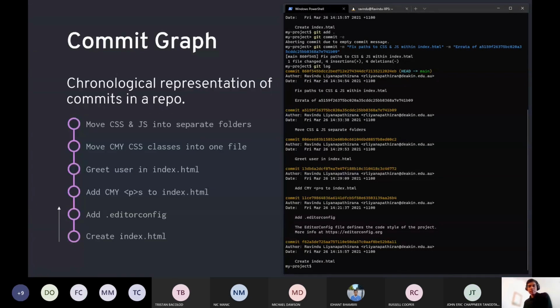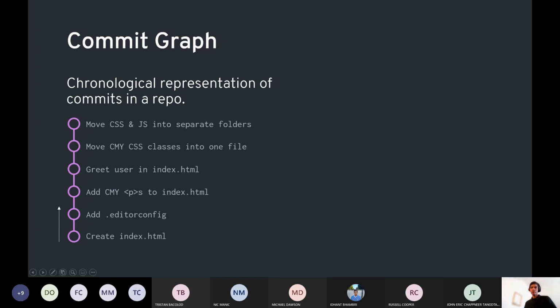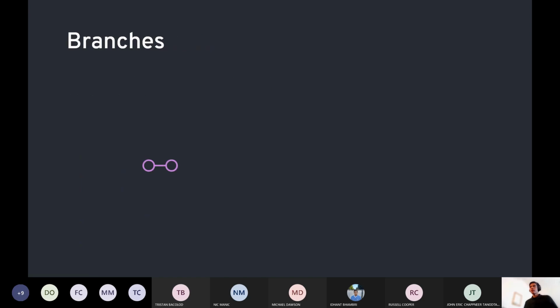Is everyone okay up to this point? We covered commits and commit messages and staging. Does anyone have any questions about any of that? Looks like we are all good. So let's continue on to branching, which is relatively advanced. Once again, we've got this commit graph that we're working with. A branch is simply a sequence of commits, right?